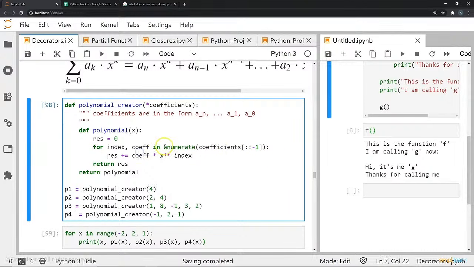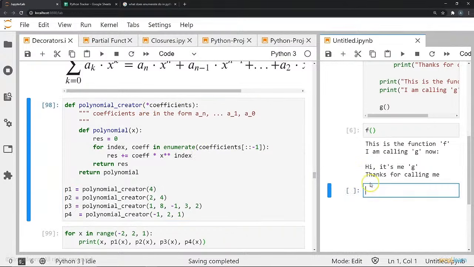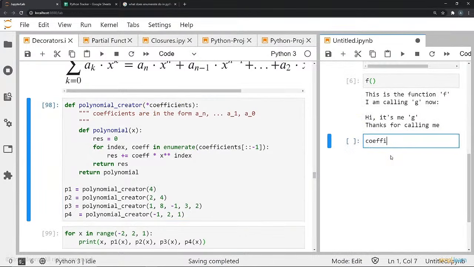And what this enumerate function will do is assign an index to each of the values and coefficients. So for example, I can just show you over here what this means. If I created an array called, say, coefficients with some random values over here, right? Now if I'm going to perform this line,